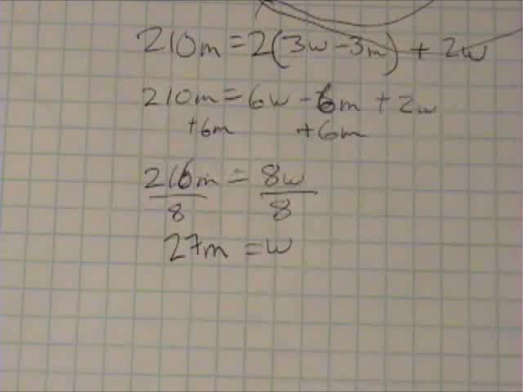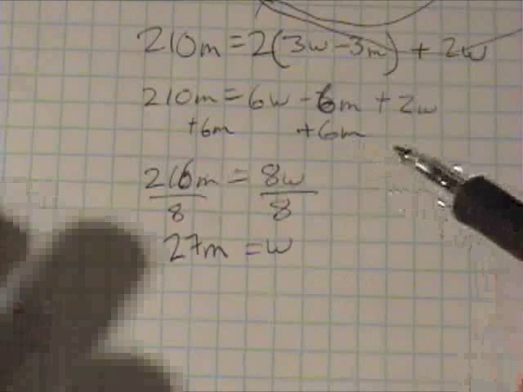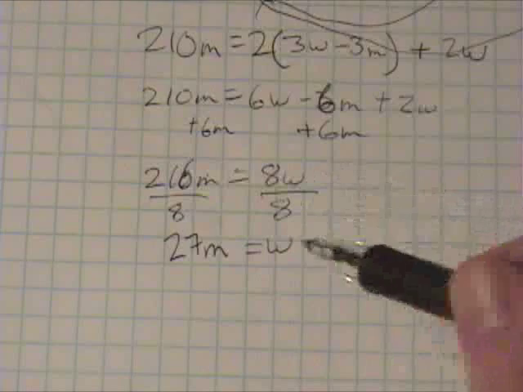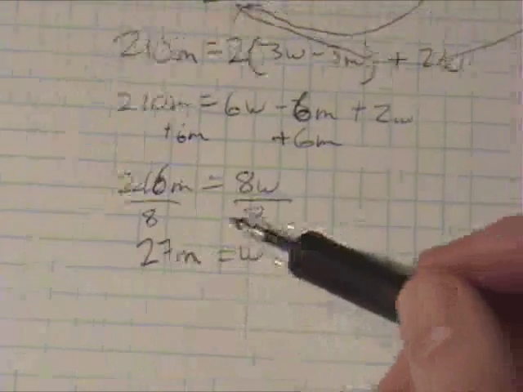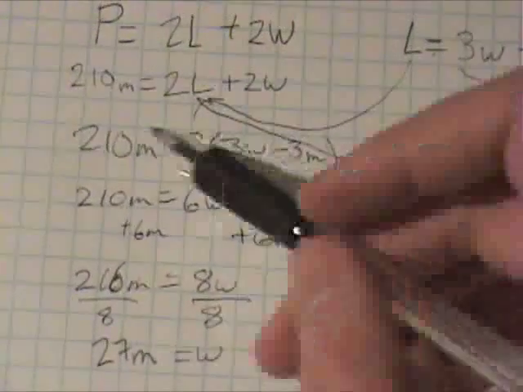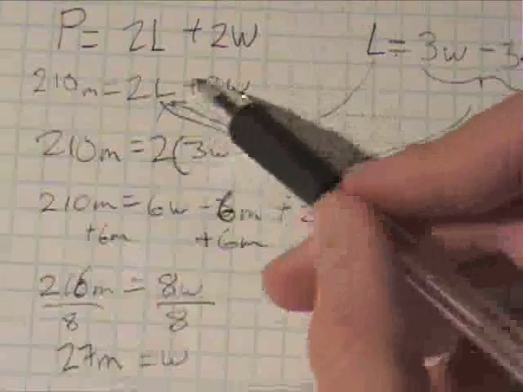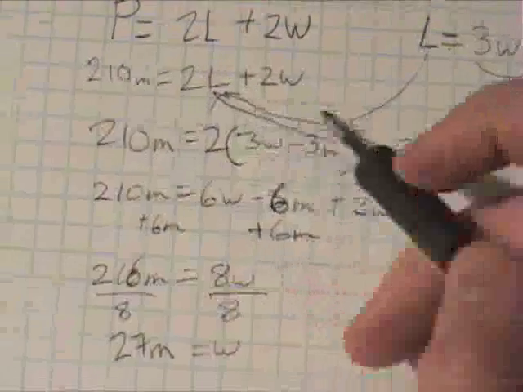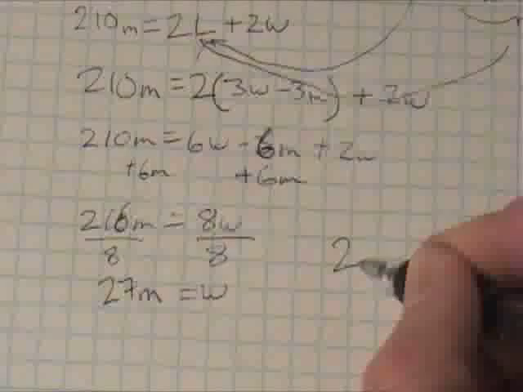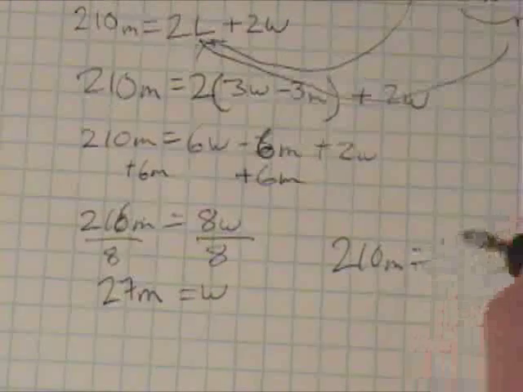We are not, because it asks us for both width and length. Now we need to figure out length. Well, this is the easiest part. All you have to do is plug this W back into this equation right here, and we can solve for L then. So let's write it right here. So 210 meters equals